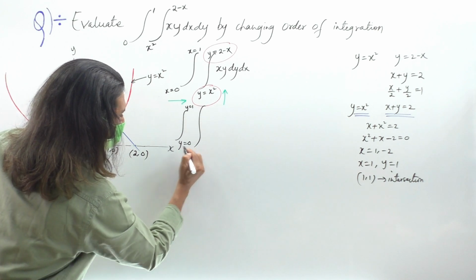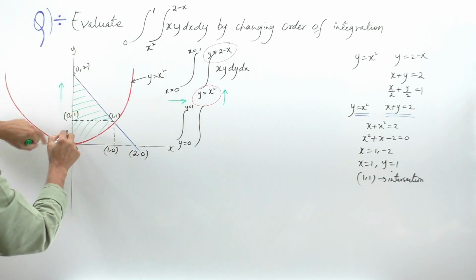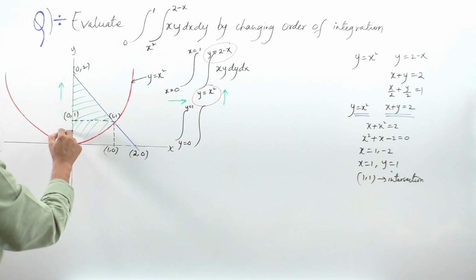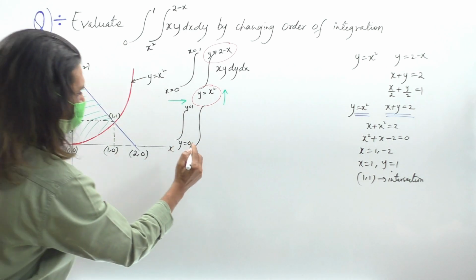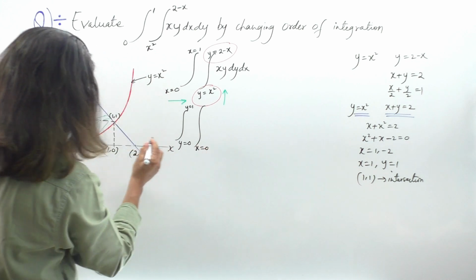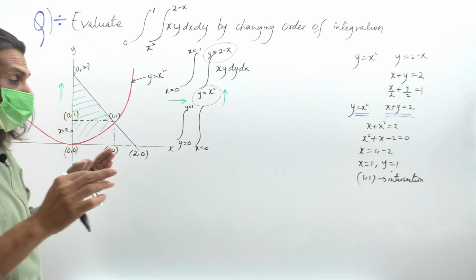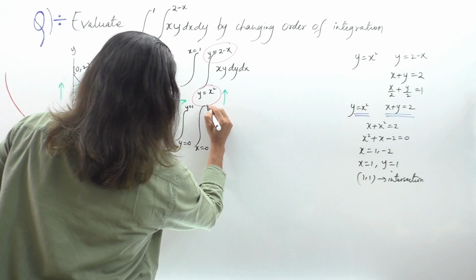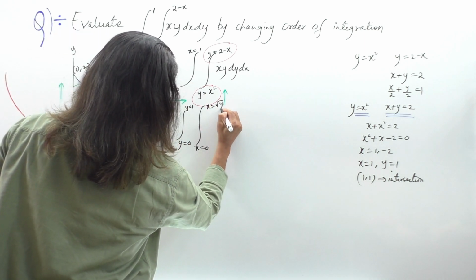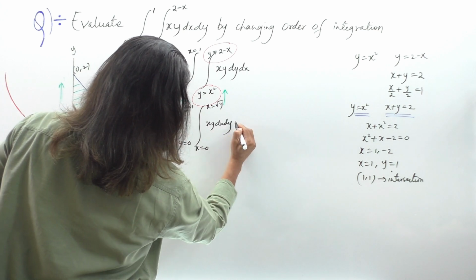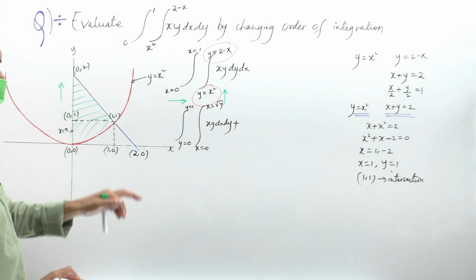Then when I go like this, this is the line x is equal to 0. Okay, so x is equal to 0. And which region does it cover? The red region. The region is y is equal to x square. So write in form of x, that is, the integral of x from 0 to root y, xy dx dy, plus the next